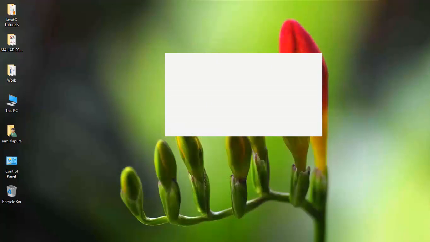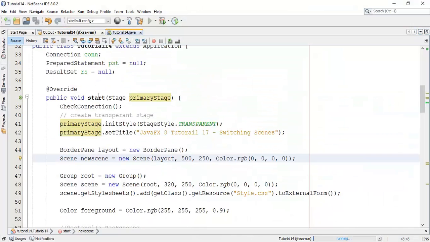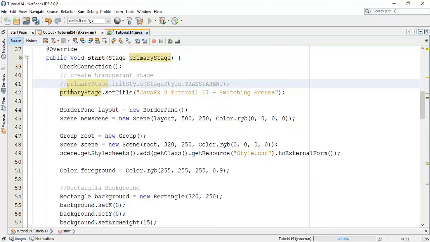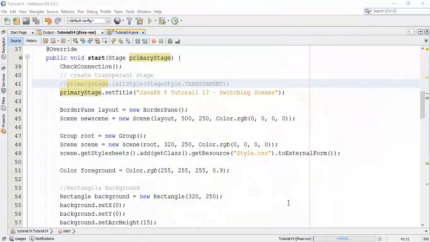And one more thing, I will make this scene decorated, so it will be visible and movable. So I will choose this and I will run once again.